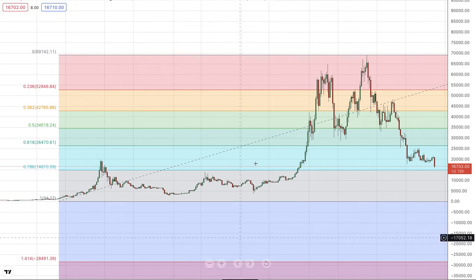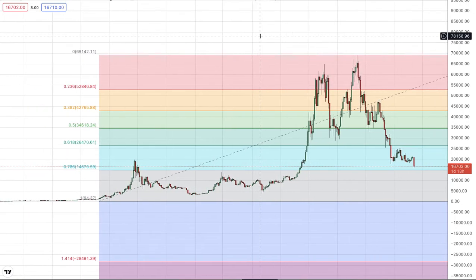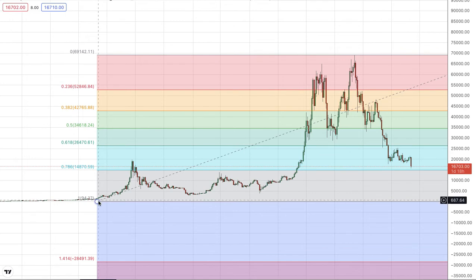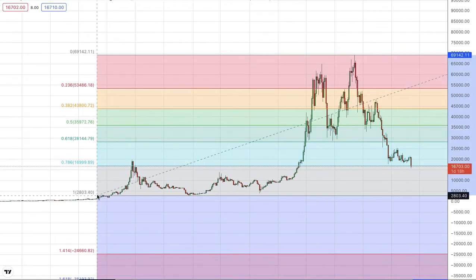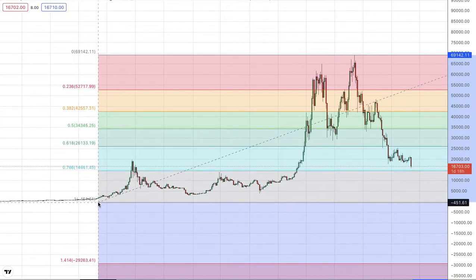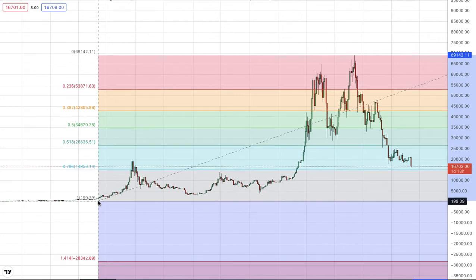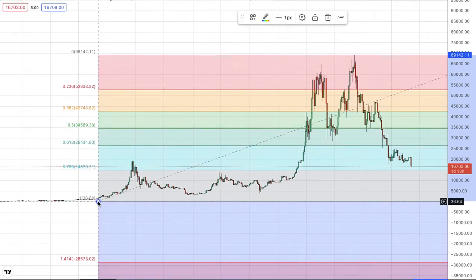I don't know if anybody's ever shown this chart on a Bitcoin analysis. On a technical analysis note, if we go back and draw a fib from basically 0, it's kind of hard to get right on the money there, but it's right in that neighborhood. Just try to trap it at 36. It's close to 0. And then if we take it up to the all-time high there at the